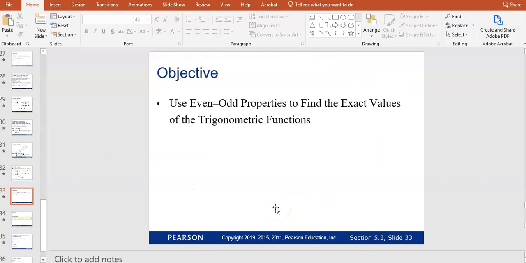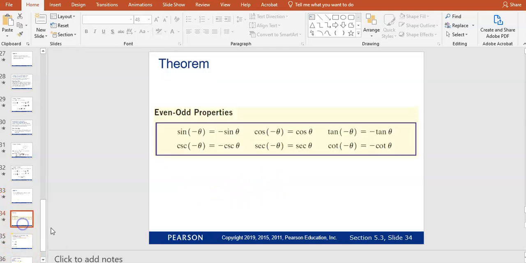Okay. And then the last thing, I'll do this real quick, is our even and odd properties. I know we've gone long, but our even and odd properties. This states, if I take a negative angle of one of my functions, sine of a negative angle is going to just equal the negative of the sine of the regular angle. So in other words,